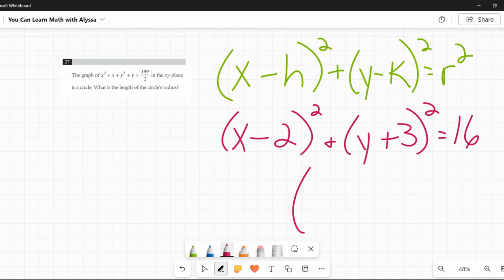So negative 2, you take the opposite: positive 2. Positive 3, take the opposite: negative 3. The center is at 2, negative 3. This is r squared, so I take the square root. The radius of this circle is 4. All circles are going to be in this format. So when you are given